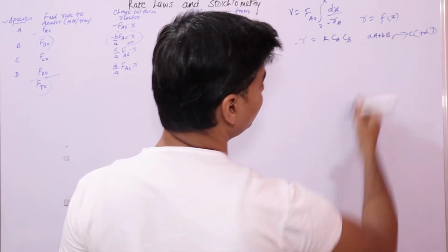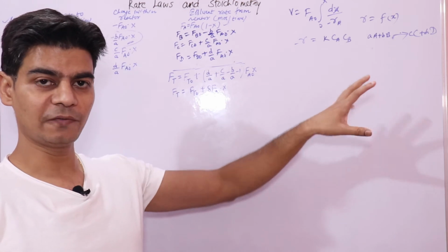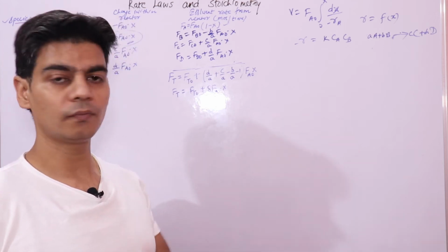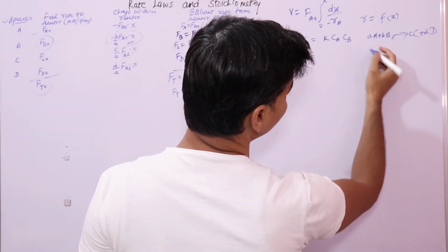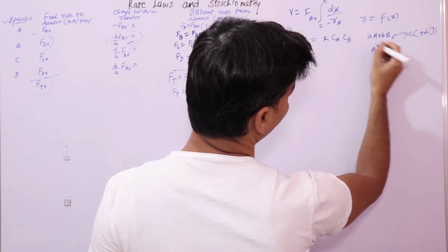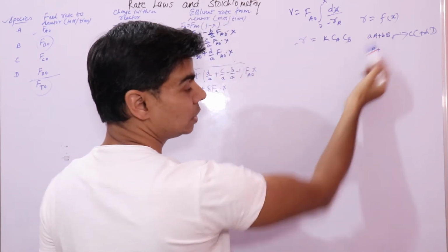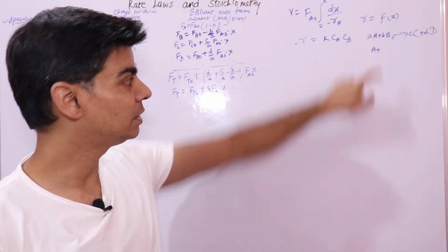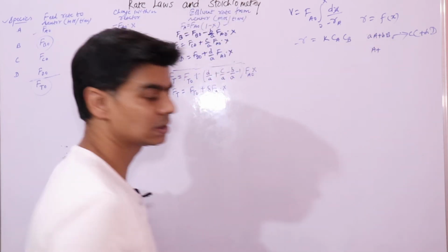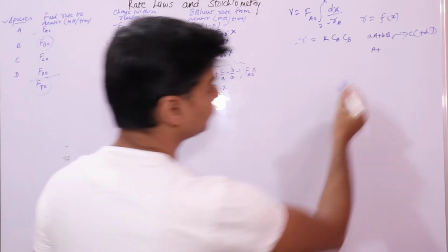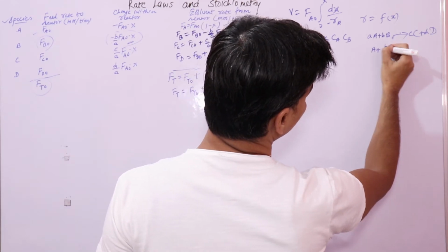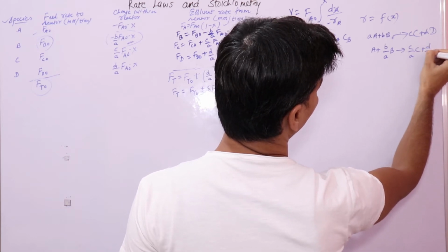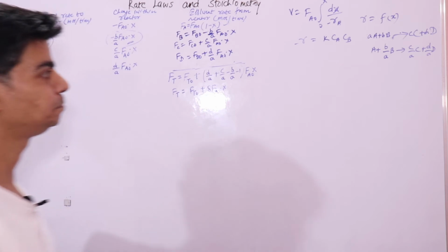We will convert it to define all the reactants and products on the basis of per mole of A. To define everything on a per mole basis of A, we will divide all the reactants and products by the coefficient of this reactant A. As we discussed in the previous lecture, this is your limiting reactant or limiting reagent. So we get B upon a times b, then C upon a times c, and D upon a times d.